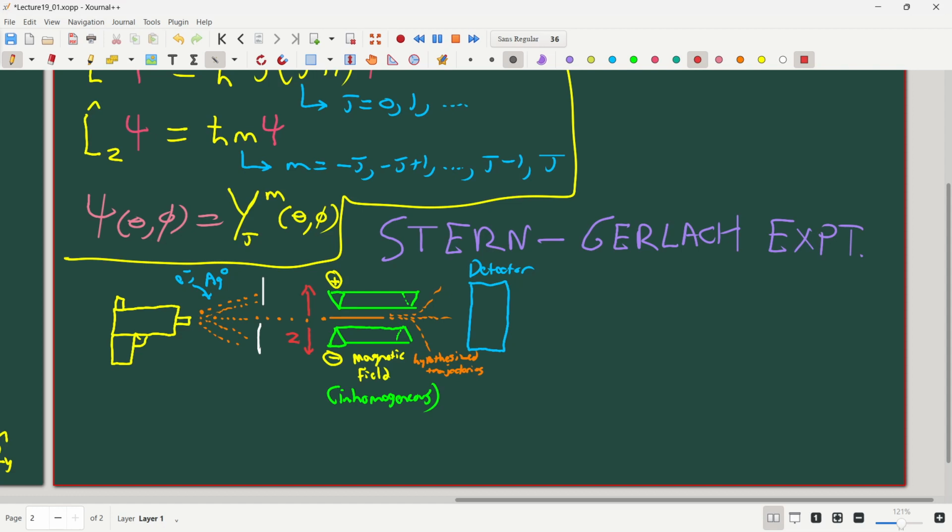So if you were to do this classically, think of these as balls. The electrons as charged billiard balls. Everything's macroscopic, and then you randomly scatter them with the magnetic field out. What would you expect to see on the screen? Well, there's going to be an equal amount of particles that scatter up and an equal amount that scatter down, and on average they're not going to scatter at all. So the classical result, the classical expectation,